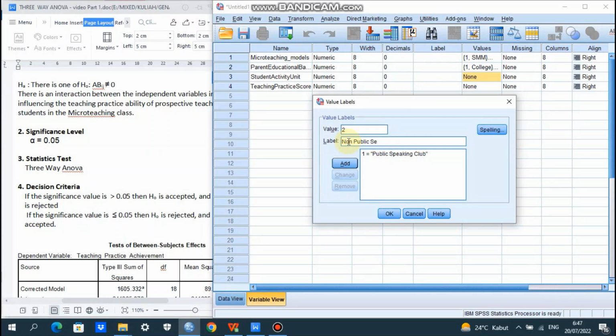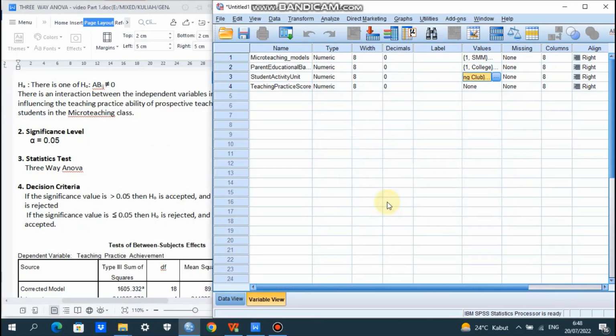Non-public speaking club. And then for the code number 3, none. So do not join public speaking club or other student activity units.